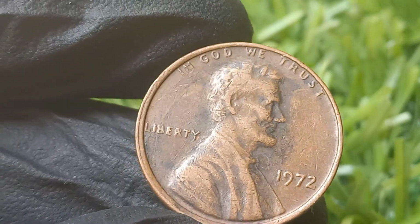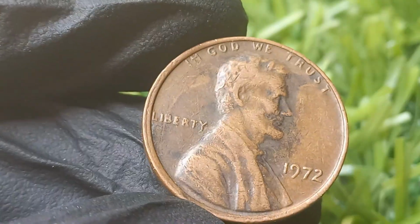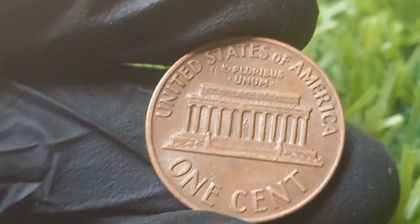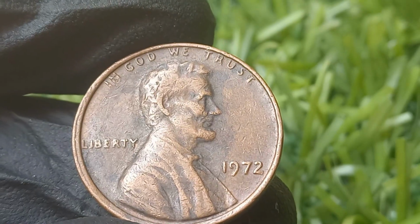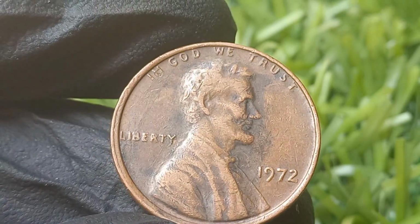History. Be careful, though. There are countless minor errors and machine doublings that look similar but aren't worth more than a few dollars. True doubled dies are sharp, clear, and dramatic. Dealers know the difference instantly. So if you even suspect you found one, don't spend it, don't clean it, don't toss it back into circulation. Protect it, get it authenticated, and prepare for the ride of your life, because the truth is, these coins don't